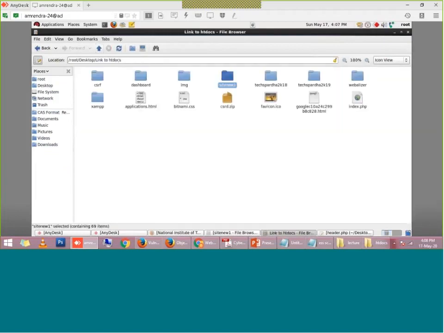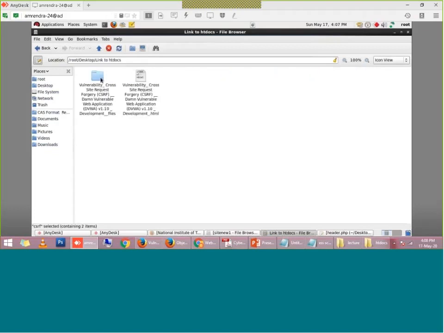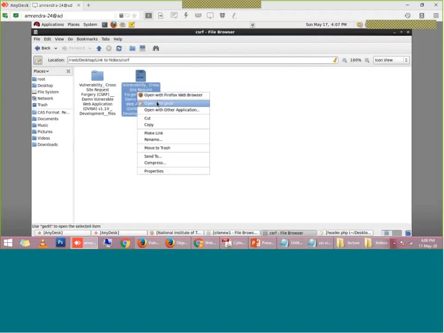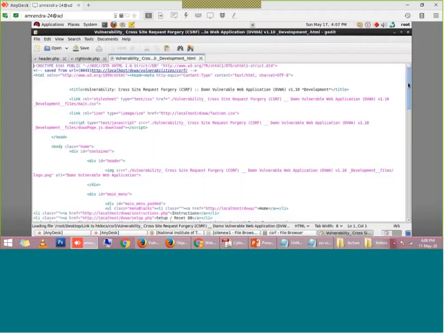So this is my server. Here I have created this page, right? So let me open this page so that I can show you. This is the page which the attacker has launched.